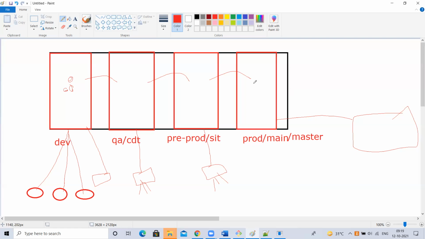Okay, good. I'll give one assignment with this branching strategy, so you will not get any confusion. Once I discuss a few more GitHub concepts, I'll give one assignment. Again, when I discuss Jenkins also, I'll give one assignment. If you do that, it will be similar to how we do it in real time.